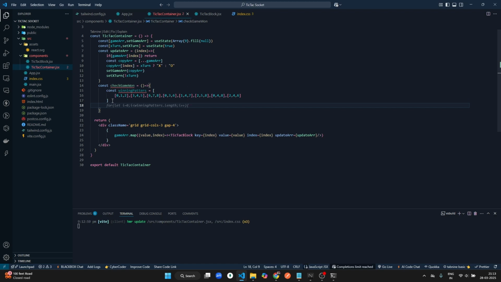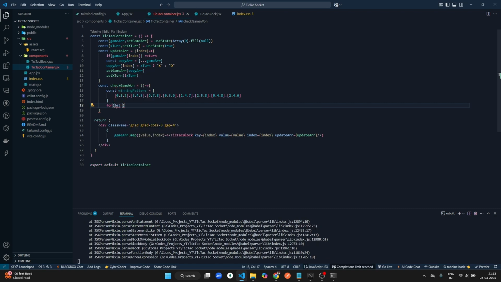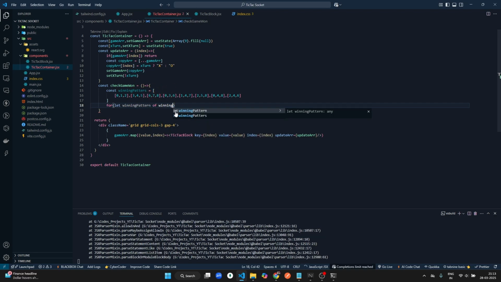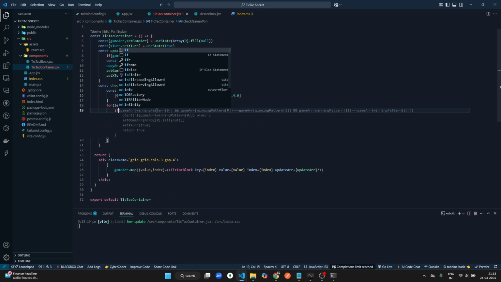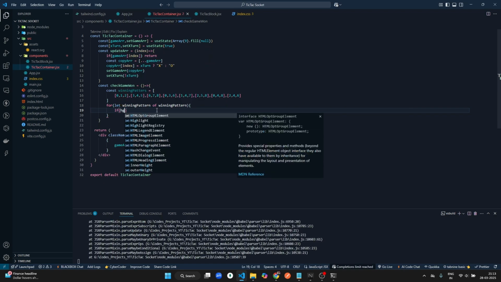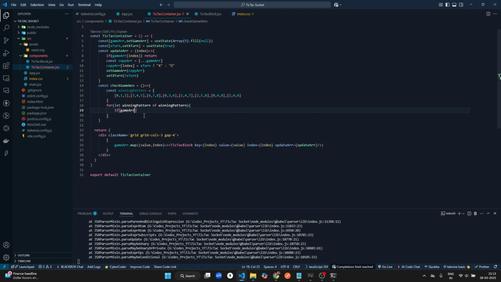Now what we are going to do? We are going to loop on this. We're going to use a for...of loop. Let's create one variable, let winningPattern, taking a single pattern of these winning patterns. Now we'll check if game array of a, sorry, game array of a has an element